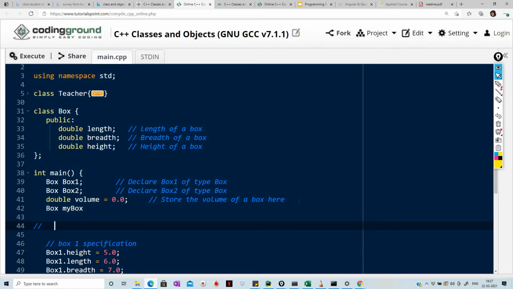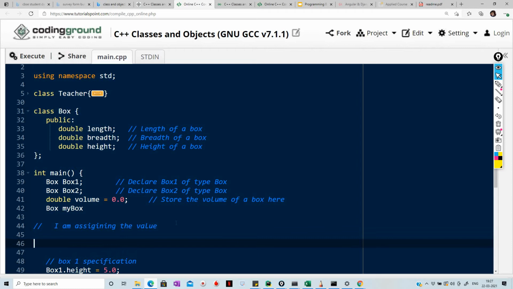Okay, I am assigning the values. So what I'm going to do, I have created one more box and I have to find its volume. I'm writing my box, that is the object, and then dot, and for this box I'm going to give three values, that is what will be the length, you have to give, like let's say 5.0.